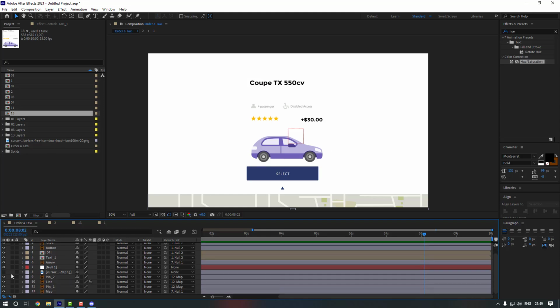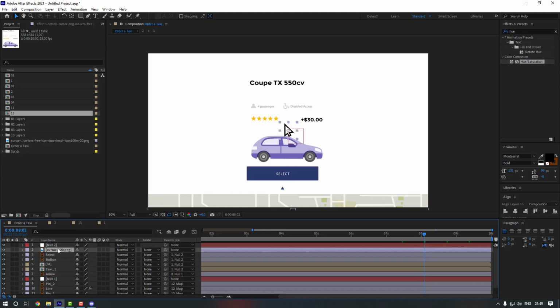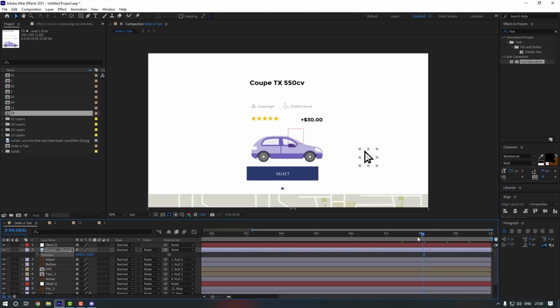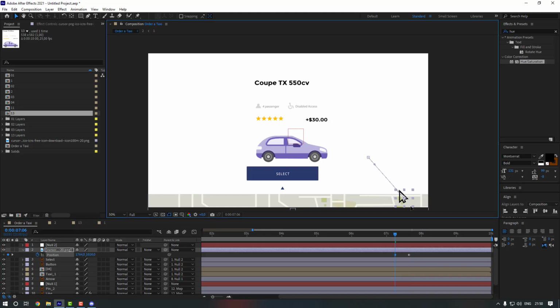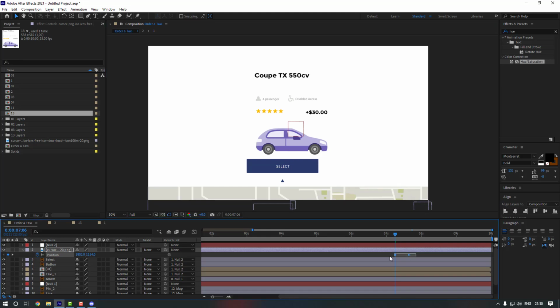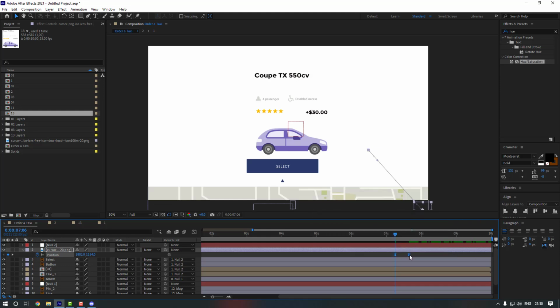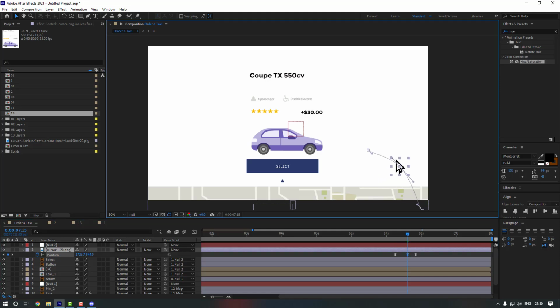Let's close this once. Let's see. Okay, let's move it up, to here. And select this cursor. Let's go to here and press P, set timing. Okay, go to 10 keyframe. Let's make position keyframe and go back page up. Let's move it to here and select keyframes, make them easy ease. And let's move it to here like this and go to the middle. Let's move it to there like that